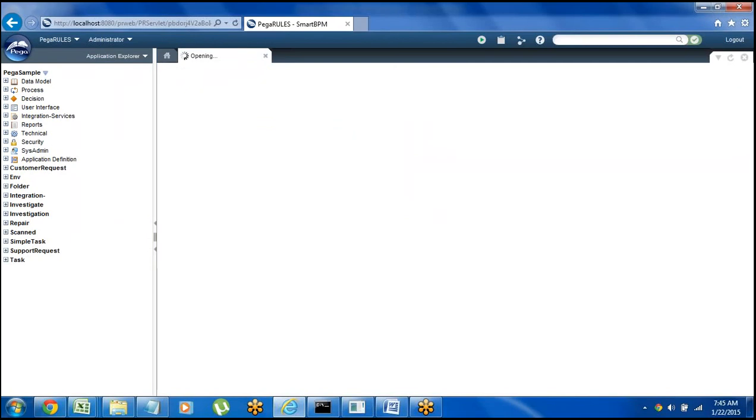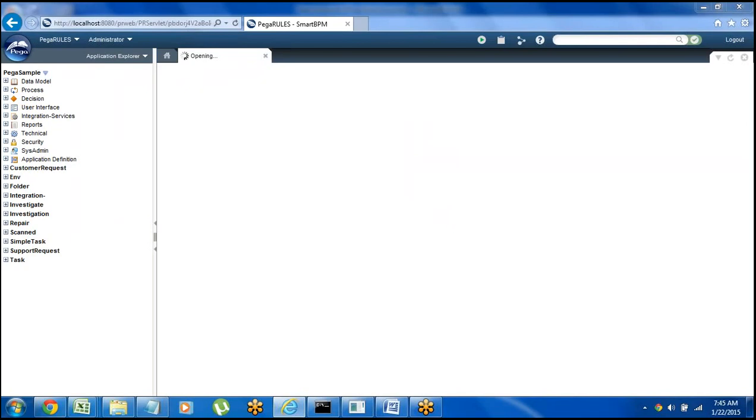When we click on that option, it will go to one page. There it will ask you to enter the organization name. So first of all we have to enter the organization name.